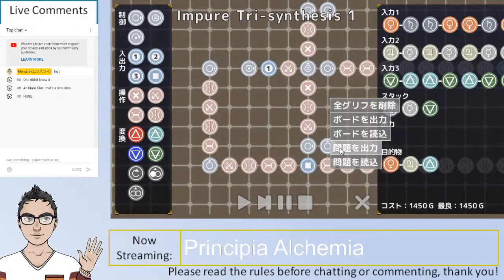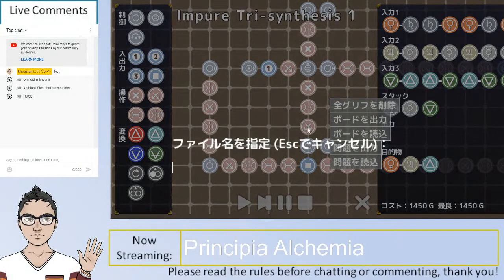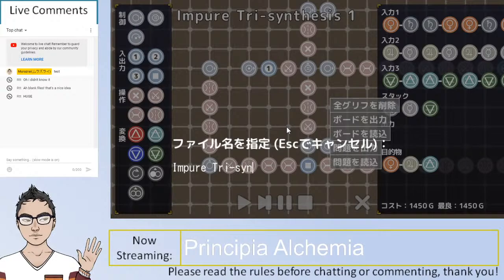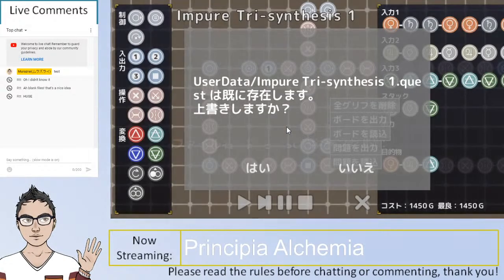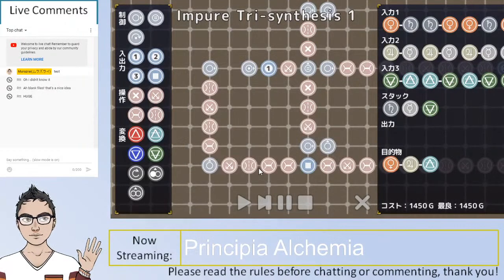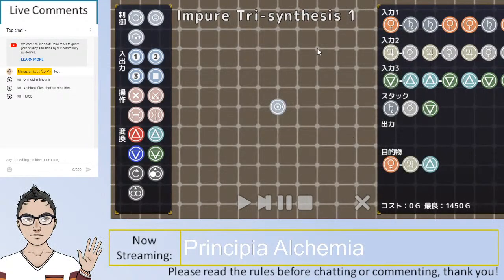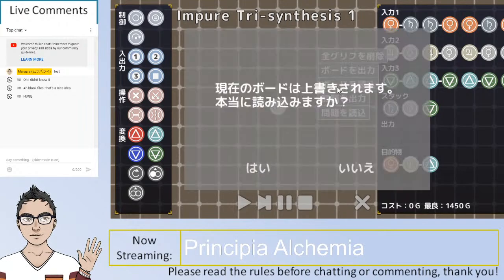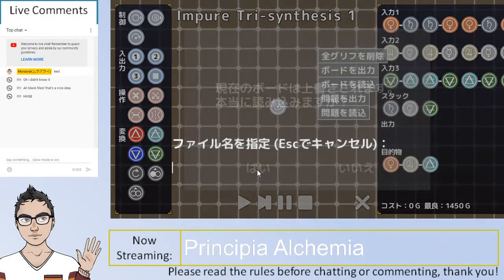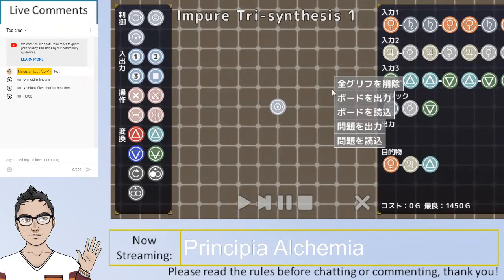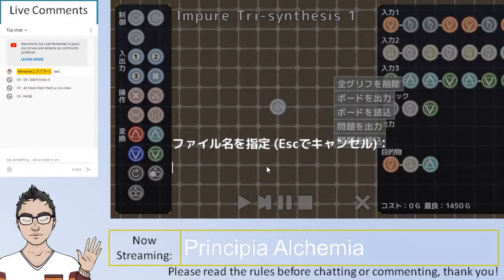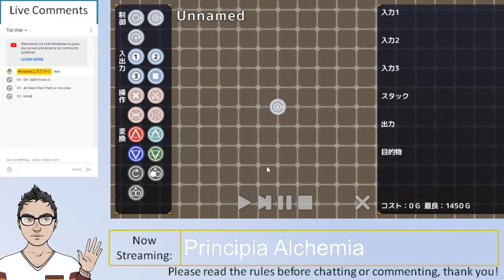Nope. It should be Impure Try Synthesis 1. Yep, I'm going to override it. So let's clear all the glyphs. Never mind. I'll just load a blank board and then load a blank question. So the last one,